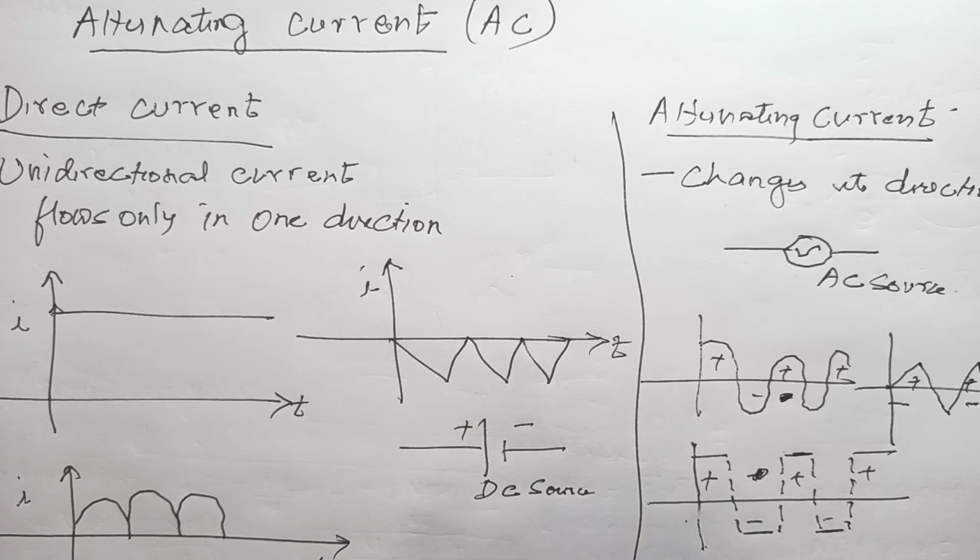Now when you talk about the battery, it is always a DC source, so you will always get a current which is unidirectional, on the one side, may it be positive or negative. If you see here, it's always denoted by a fixed one side positive, one side negative. Okay, so now let's deep dive a bit. Let's talk more about AC.